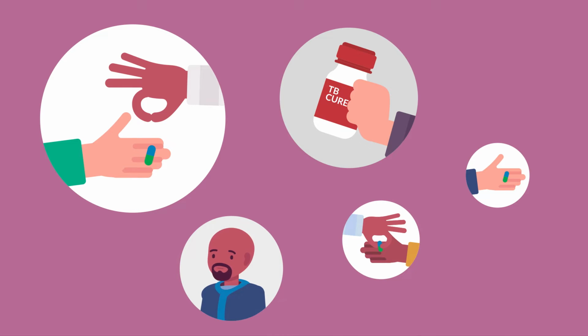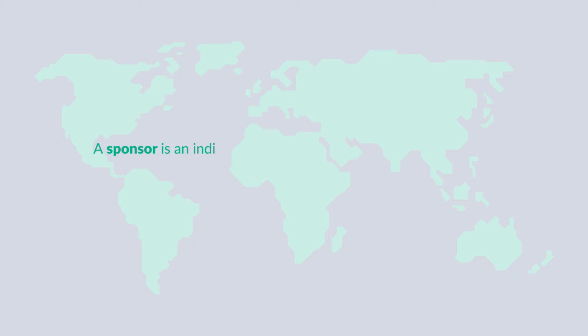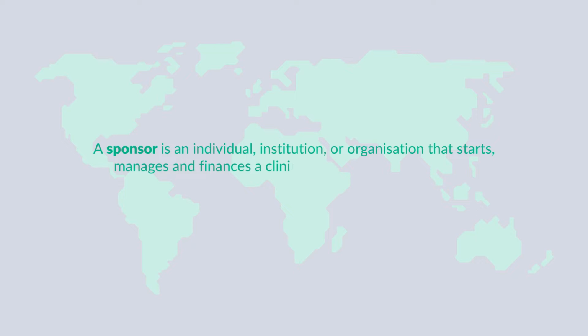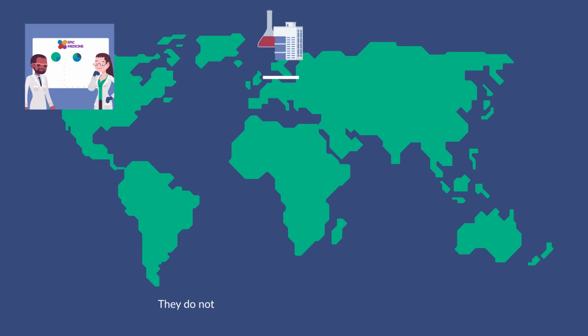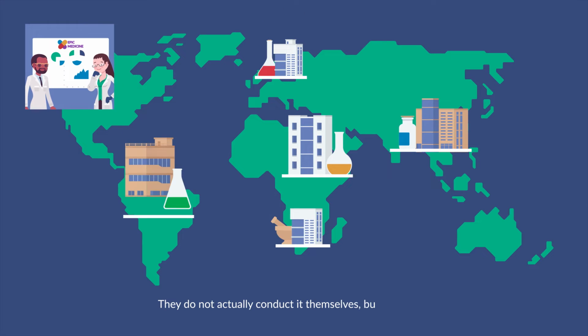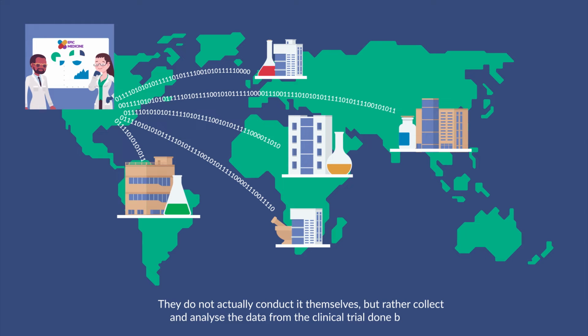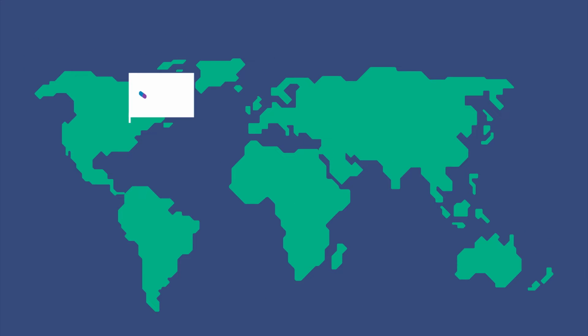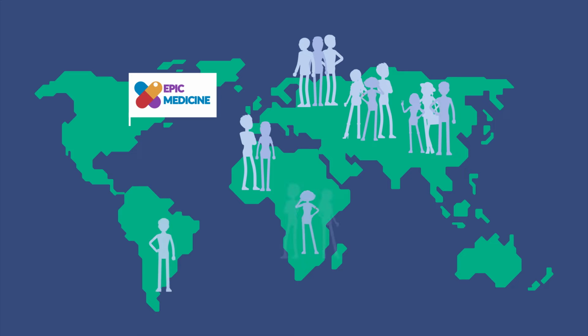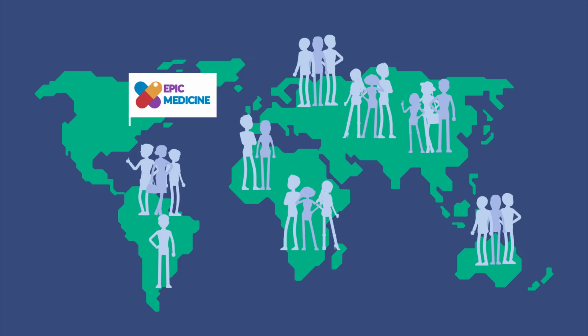But what is a sponsor? A sponsor is an individual, institution, or organization that starts, manages, and finances a clinical trial. They either pay for it directly or get funding. They do not actually conduct it themselves, but rather collect and analyze the data from the clinical trial done by sites. Being a phase 3 trial, Epic Medicine needs to enroll thousands of participants across the world to prove safety